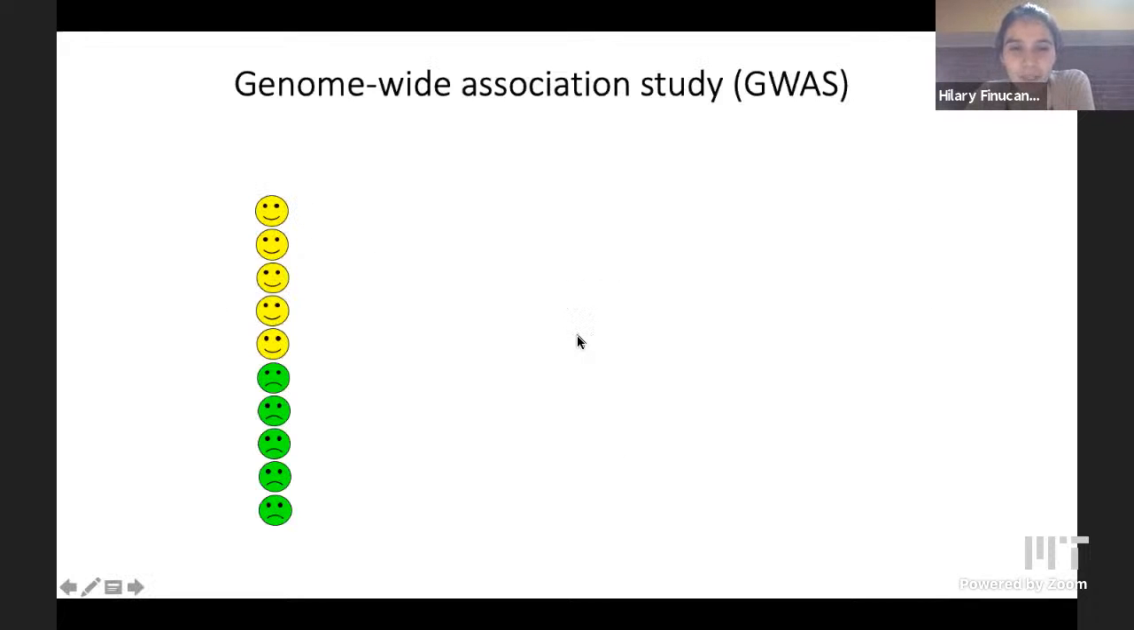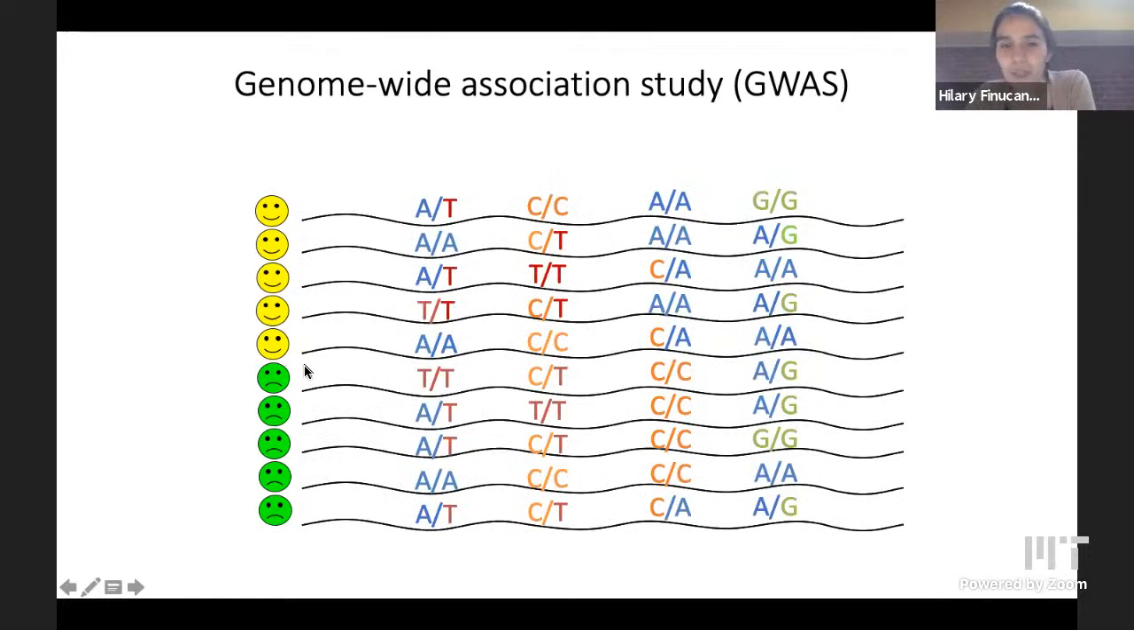So I want to start by talking about genome-wide association studies. So in a GWAS, we typically have some people with a disease and then some healthy controls. And if we look at their genomes, which we can visualize like this, we can imagine that this person at this particular location has an A and a T from their two parents, while this person has an A and an A. And so we can genotype these individuals and then look,